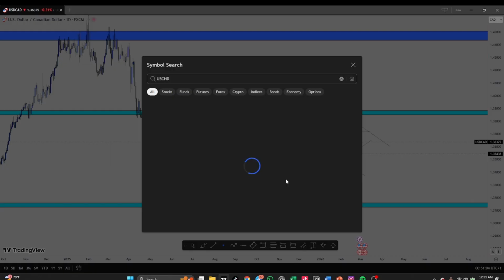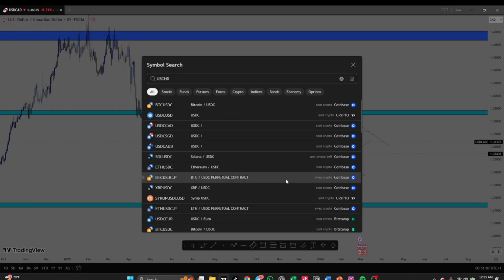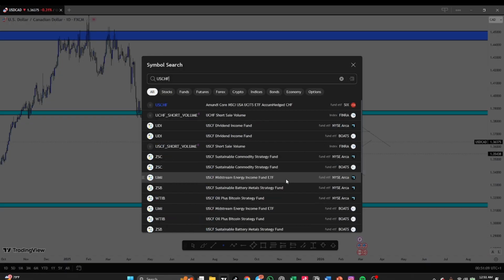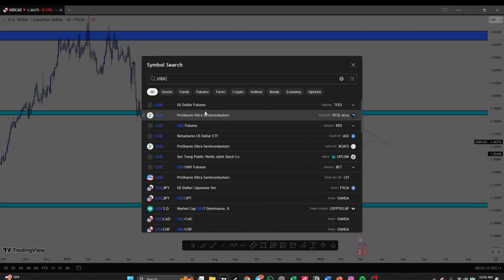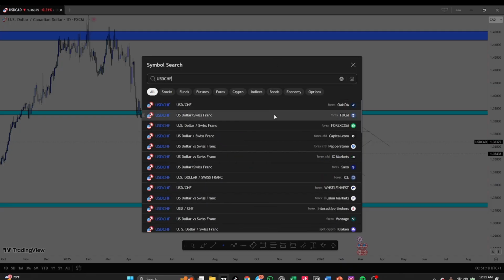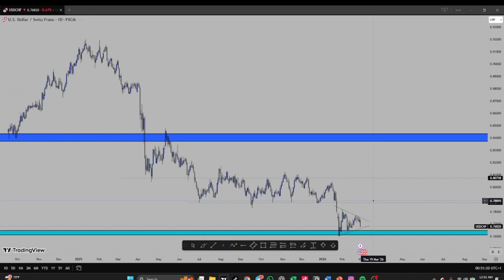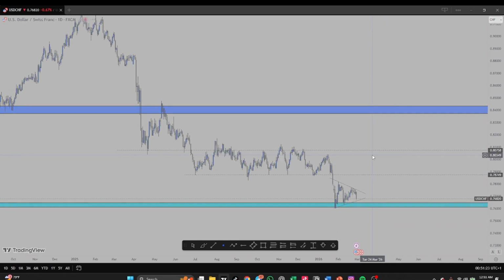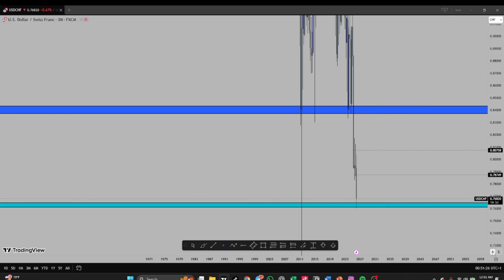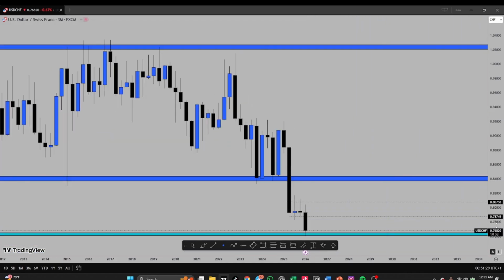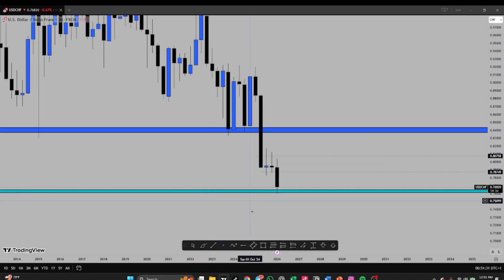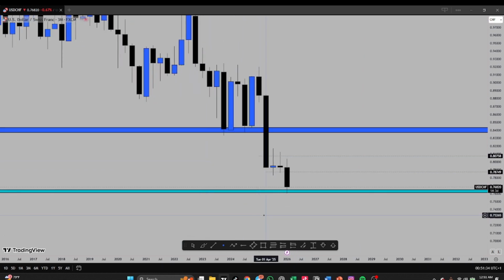Next currency pair is USD CHF. Okay, so USD CHF, I took a trade on this last week. I held that trade for a couple of days and it still went ahead to its stop loss. I'm going to show you that I was actually too early in entering that trade. I was very skeptical when I saw that trade, but sometimes